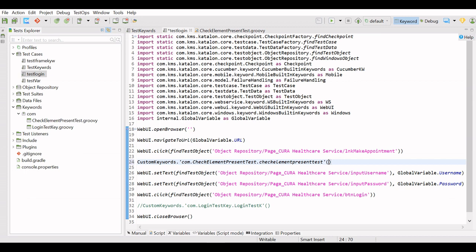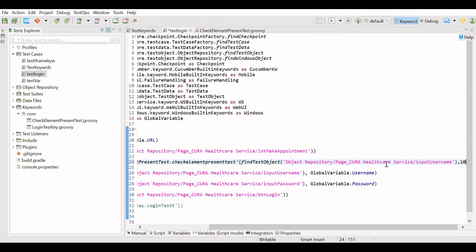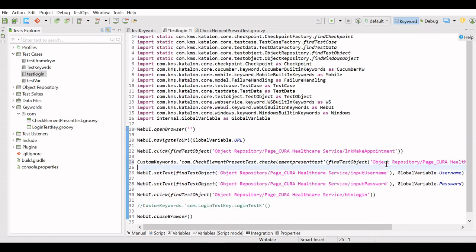Then our parameters, that is test object. So we are going to find the username test object, comma, the timeout. I will give the timeout as 10 seconds. Save this and we will execute this.